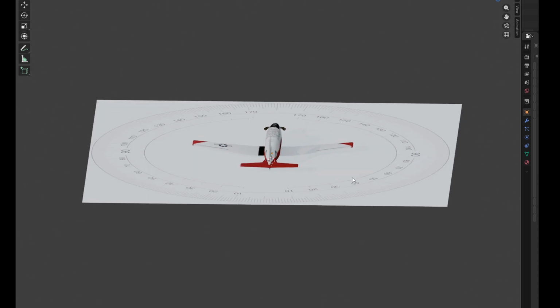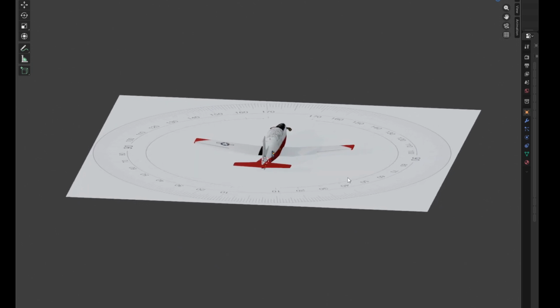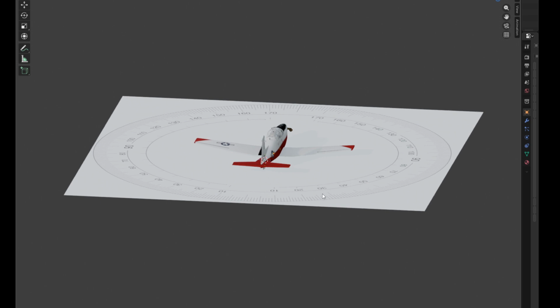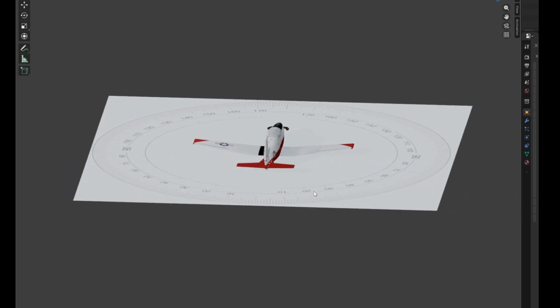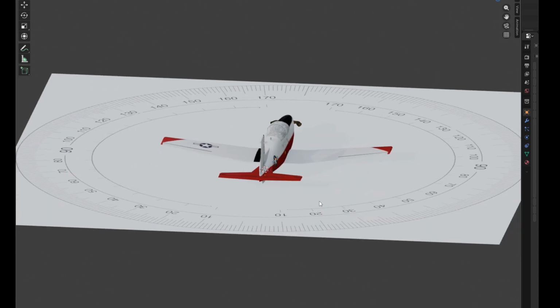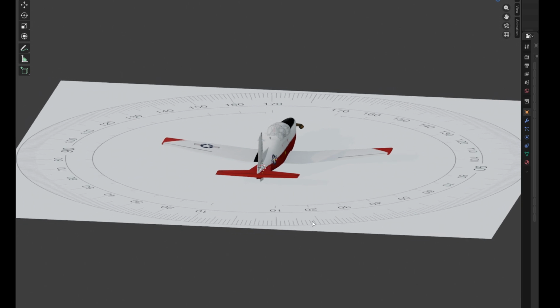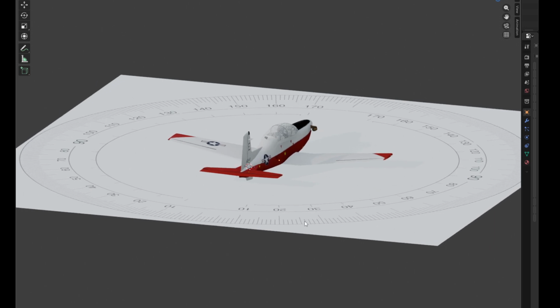As we change our degrees off the tail, we see that the picture of the aircraft changes. And right here we are about a 10 aspect, or a 1. IPs will commonly refer to these as single digits, so 1, 2, 3. However, I like to talk to them as 10, 20, 30. So for the remainder of this video, that can be used interchangeably. Right here we are at 10 aspect, 20 aspect,